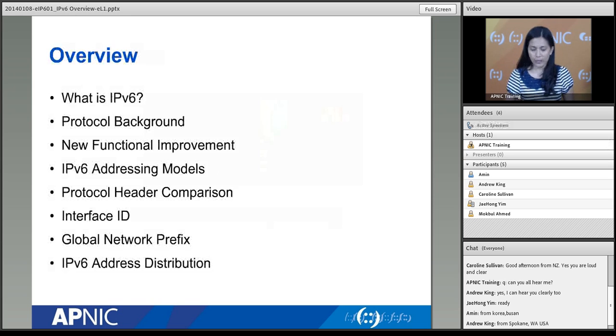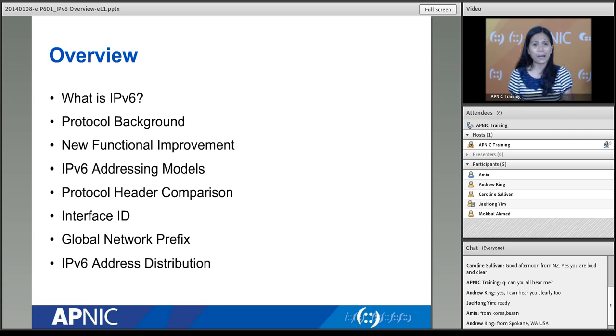All right, so with that, let's go ahead and look at what we will be covering. Essentially, this is a basics course. I would assume that somehow you have an idea or you've heard about IPv6 before and are interested to know more. Nothing more than that. So we will be covering the very basics. What is IPv6? Why do we have IPv6? How come we have IPv4, but we still need IPv6? Things like that.